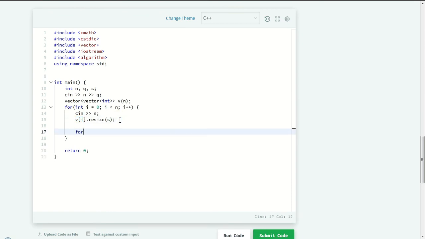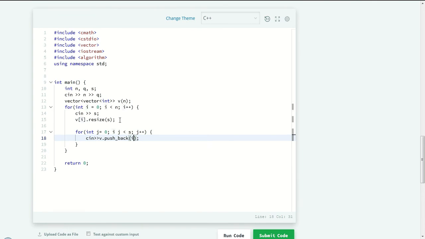Now it's time to read the input from the user for the first array. j equal to 0 as usual, j lesser than the size, which is s, then j plus plus. Here what we have to do is insert some value into the array. So this is the usual syntax. If we have only a vector of int, then we can easily push back the value like this. Since we have a nested array, we cannot use this push_back method. Instead, we need to use the old way. Likewise, we can easily add data into the first array.